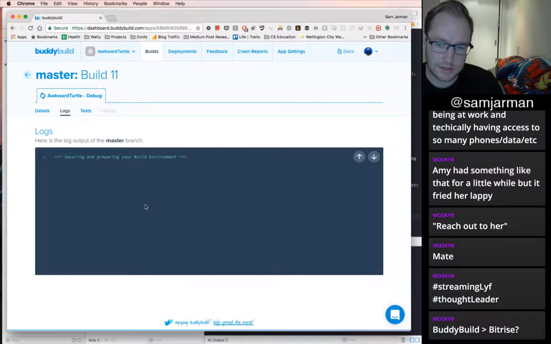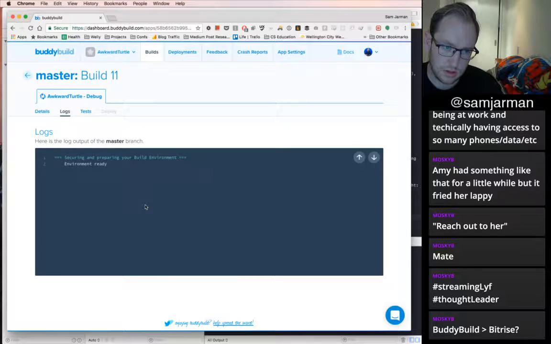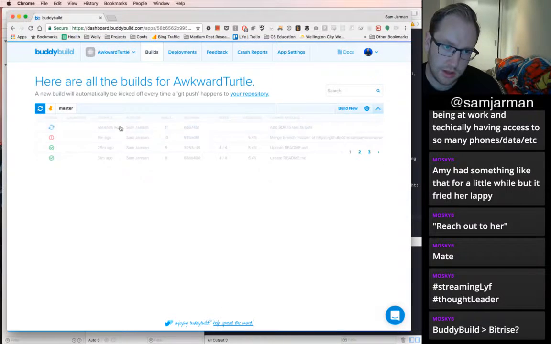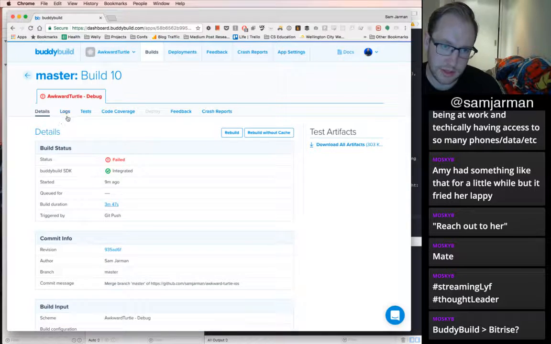Logs. The environment's out real quickly. It'd be cool to have timings beside these lines, to know how long each step took, so you can optimize your build log. It might even be on previous logs.